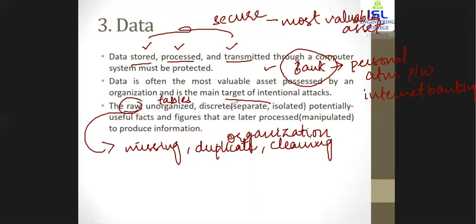Now in here, discrete data is separate or isolated data. So if you get access to any type of data in here, or you have some specific facts as listed in here, facts can be different policies or different figures, some important graphical representations of the growth of a particular organization, or the income or the profit. If you get access to all of this information, this can be manipulated, or you can use this data as a counter attack on another organization.